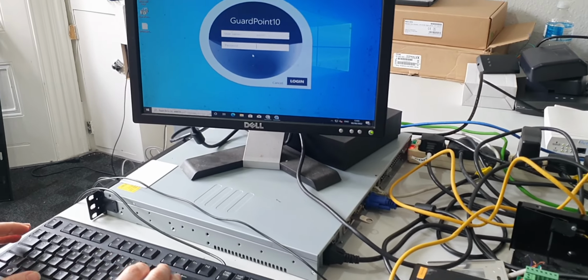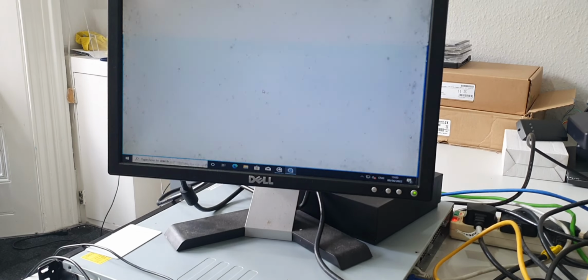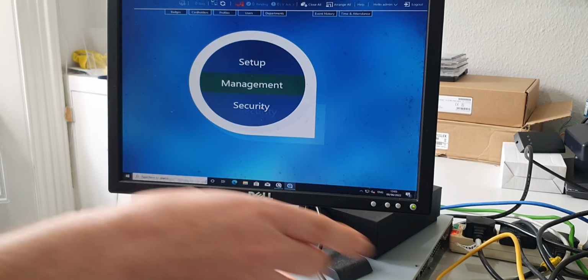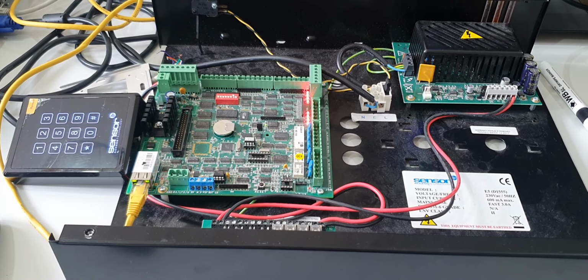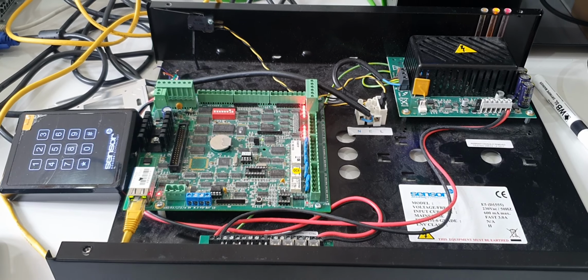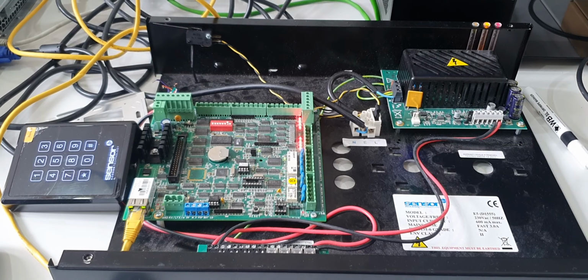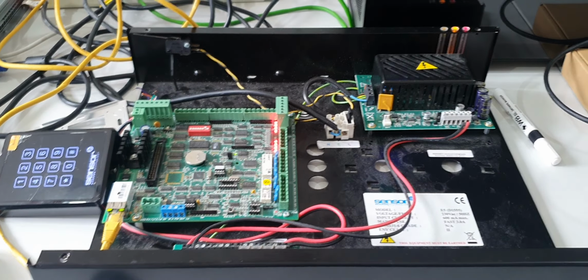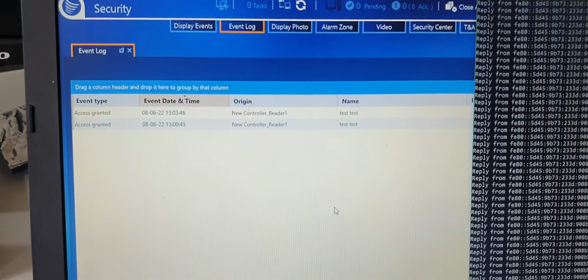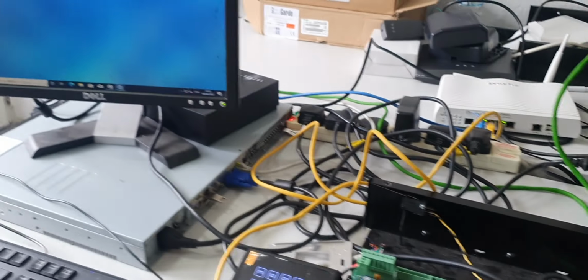So back on the server, you can see here, I can log in, and we can see we've got a controller set up here with the one reader with active polling, and we've got a fob enrolled. So the system is working. You can see we've got events coming in on the workstation. So now we will emulate a failover,